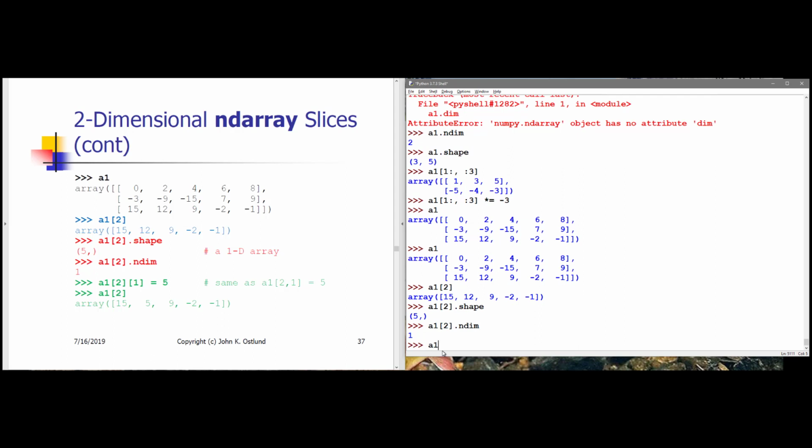Okay, so if I say A1 sub 2 sub 1 gets 5, that basically means the same thing as saying A1 sub 2 comma 1 gets a 5, and we're going to end up putting a 5 right there. A sub 2 is the last row. A sub 2 sub 1 is the second item within that last row, and that's going to be changed to 5,